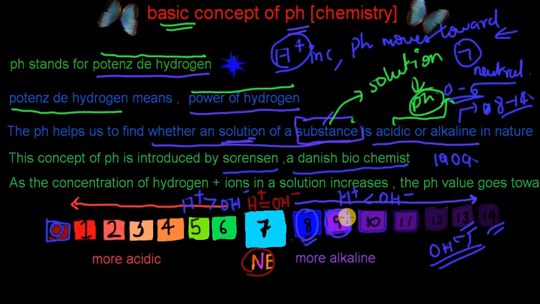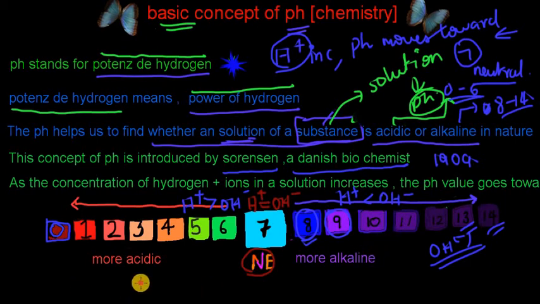Here, as you can see, the hydrogen ions will be fewer than the hydroxide ions. So with a substance where the number of hydrogen ions equals the hydroxide ions in a solution, it will remain neutral. If the hydrogen ions take over the number of hydroxide ions in a solution, it will have an acidic pH. If a solution has a number of hydroxide ions higher than the hydrogen ions, it will remain alkaline in nature. So this is the more important thing.